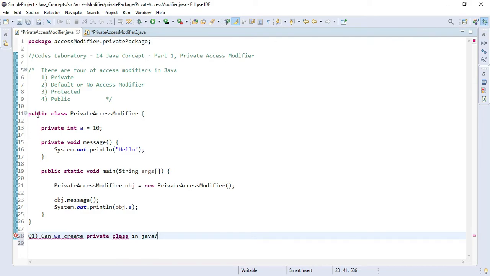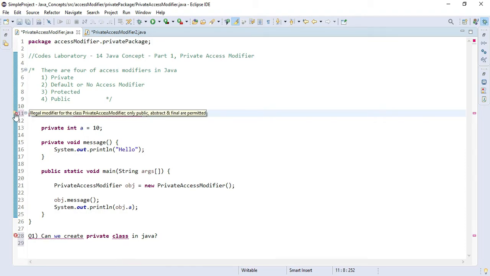I'll change the class from public to private, and it is giving us an error. It says illegal modifier for the class private access modifier. Only public, abstract and final are permitted. So it says you cannot create this class as private.